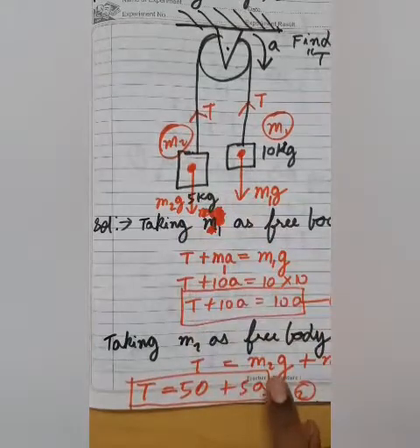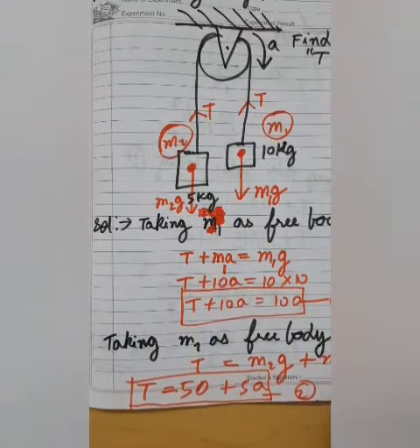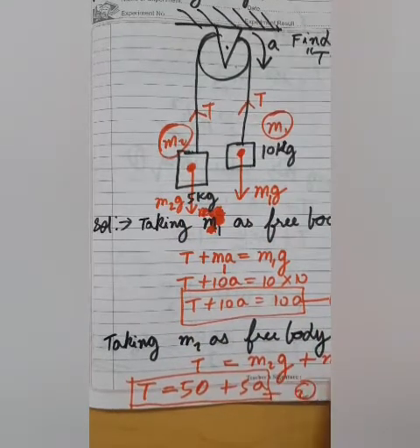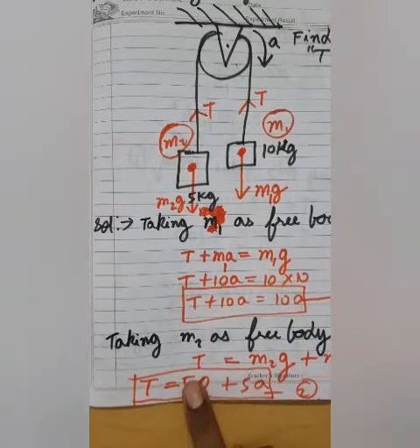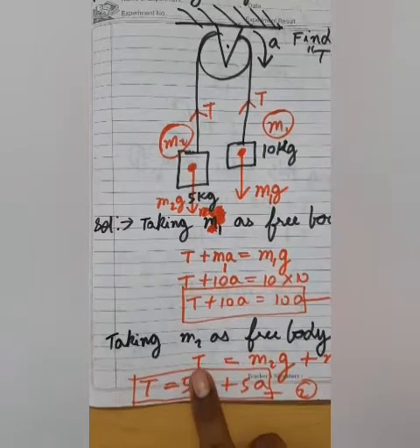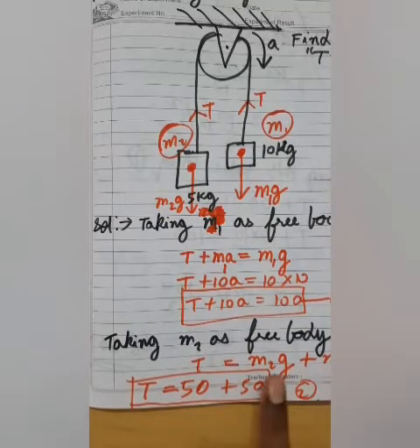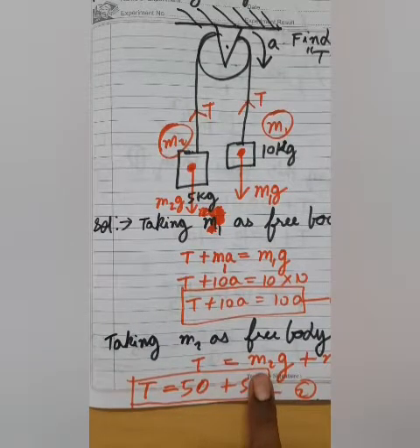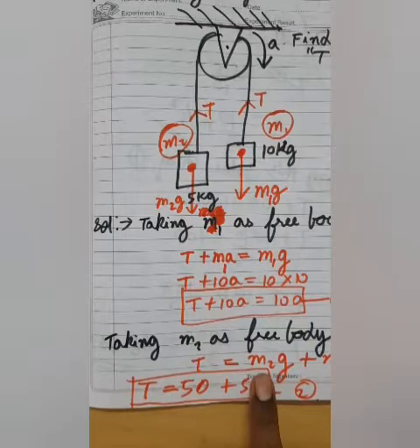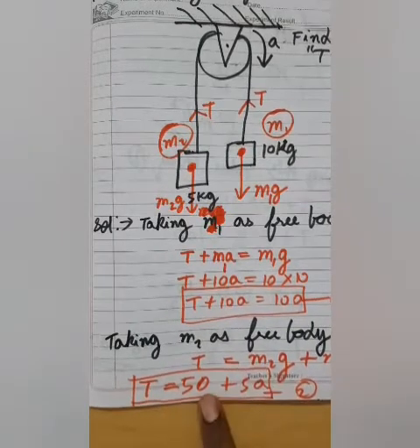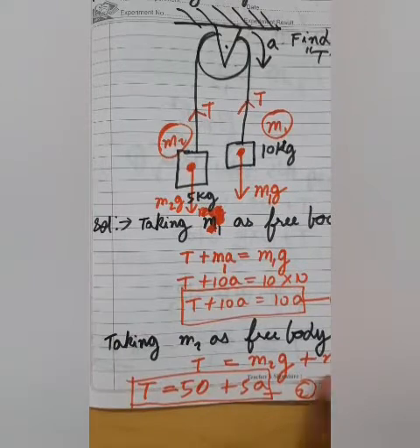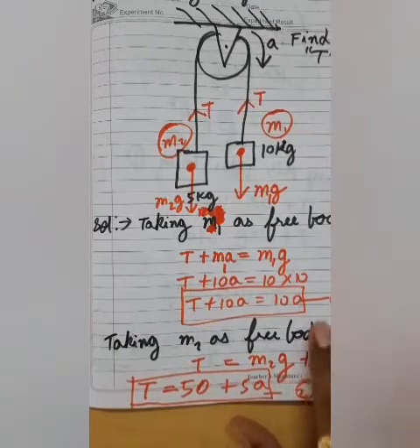So obviously we are adding m2a, वो कमी हमने जोड़ दी उसमें, so that this becomes equal to the tension. So now the force on the left hand side is equal to the force on the right hand side, and the value of m2 is 5. So I have written 5 over here, that is 5 into 10 is 50, and 5 over here, so this is 5a. Now we have two equations to solve.